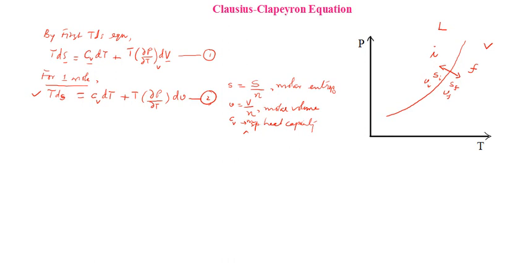Okay, a particular point here on the coexistence curve. Corresponding to that point, there will be a specific value of the temperature and a specific value of the pressure. So you can see that at this value of P and T, the liquid and the vapor phases, or the initial ith phase and fth phase, it can be anything, they coexist.